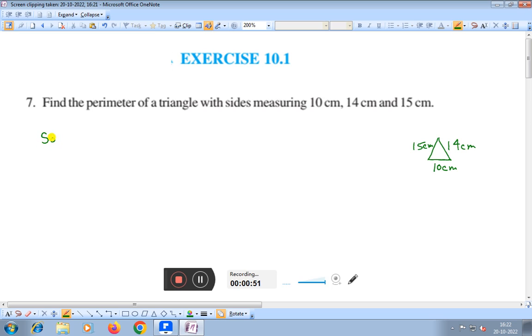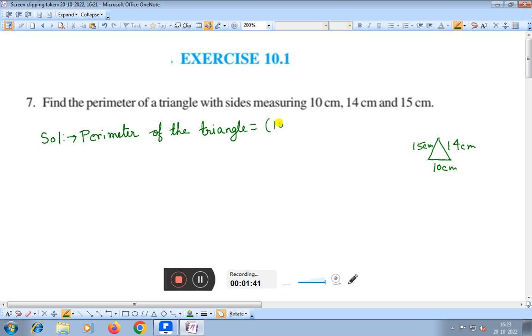The perimeter of the triangle is equal to the sum of all the sides, that is